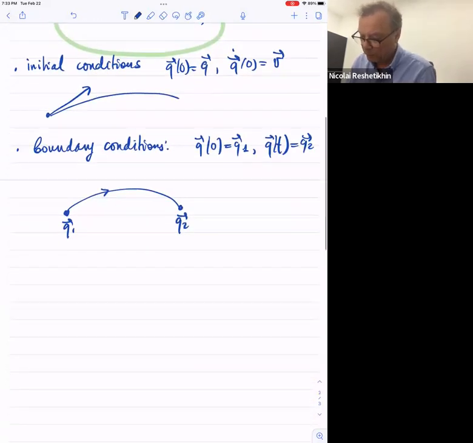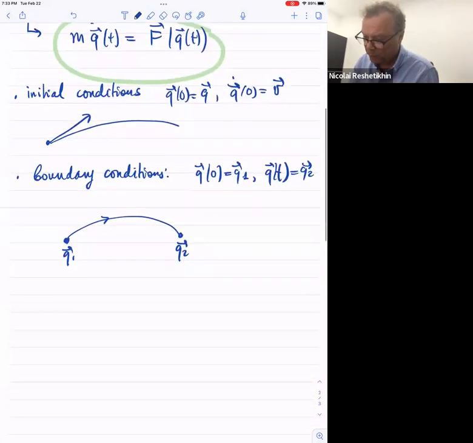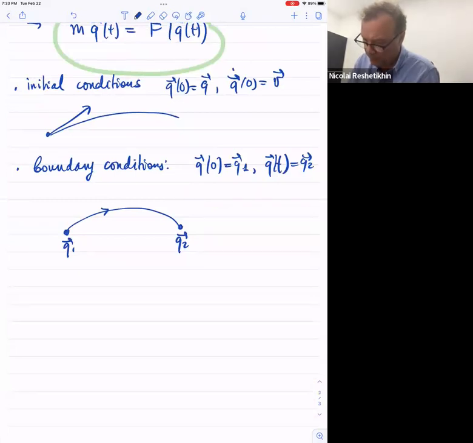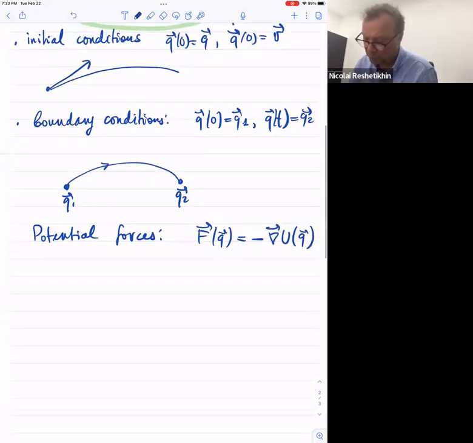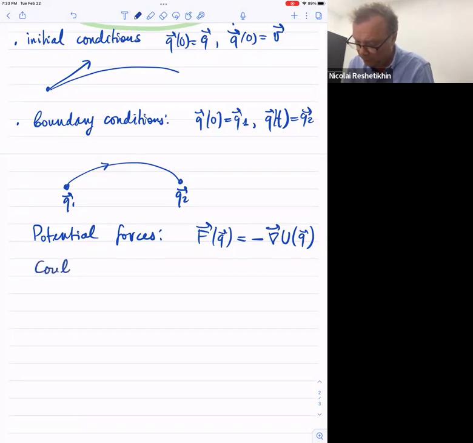Okay, very good. But then we have a special class of forces, potential forces. That's when the force is equal to minus the gradient of some function of q. This function can be smooth, can be nice, can have some singularities. Well, you shouldn't worry too much about singularities because, say, for example, the Coulomb potential,